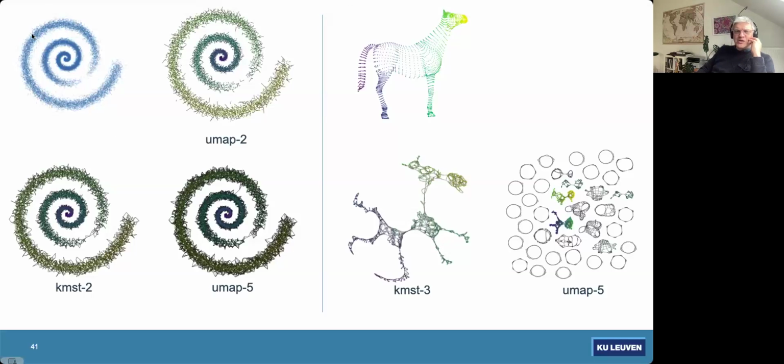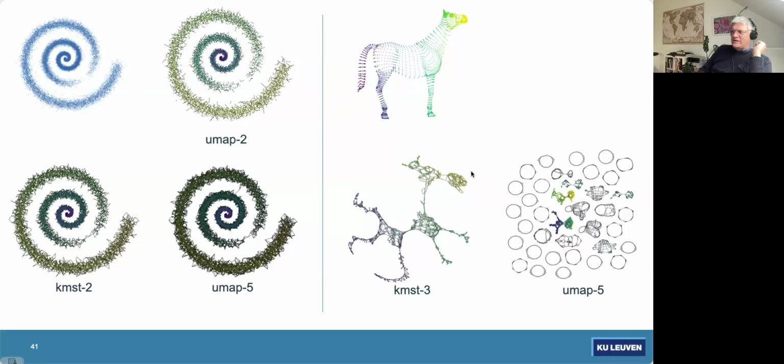So let's say you have a point cloud that looks like this. And importantly, there's a gap here. If we run UMAP with two nearest neighbors, then we have a lot of connected components. This is not one cluster yet. With 5 nearest neighbors, only at that point we can close the gap here, but also there's this link that should not be there. Whereas if we run our methods with just two nearest neighbors, then immediately that gap is closed,